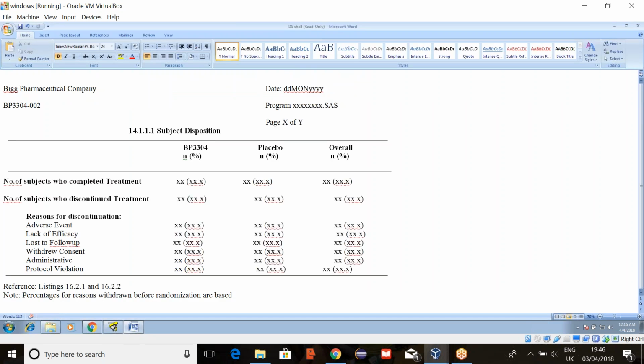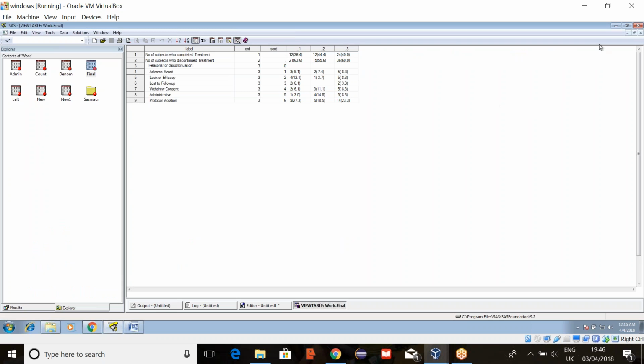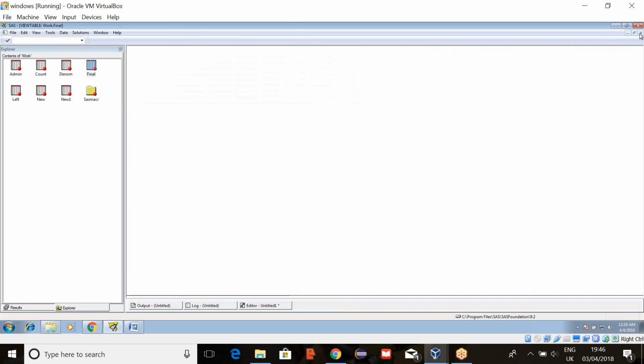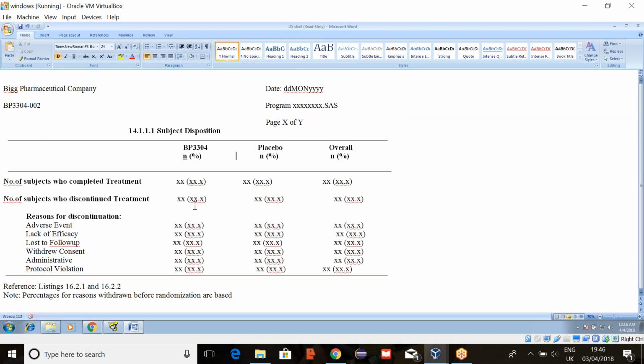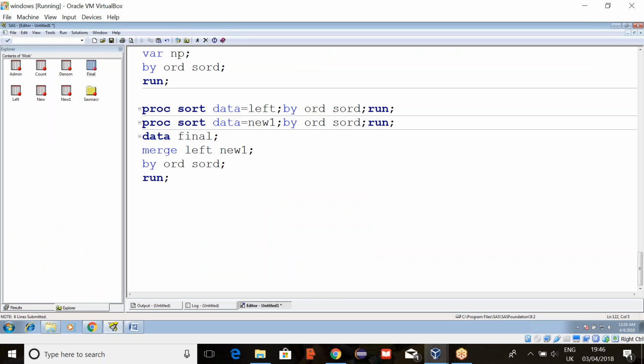Let's work on proc report. If you practice more, don't think after practicing one example that proc report is the same, so we can use it like that. If you keep on using proc report, you will get used to all those options. So whatever report you generate, we have to use proc report.